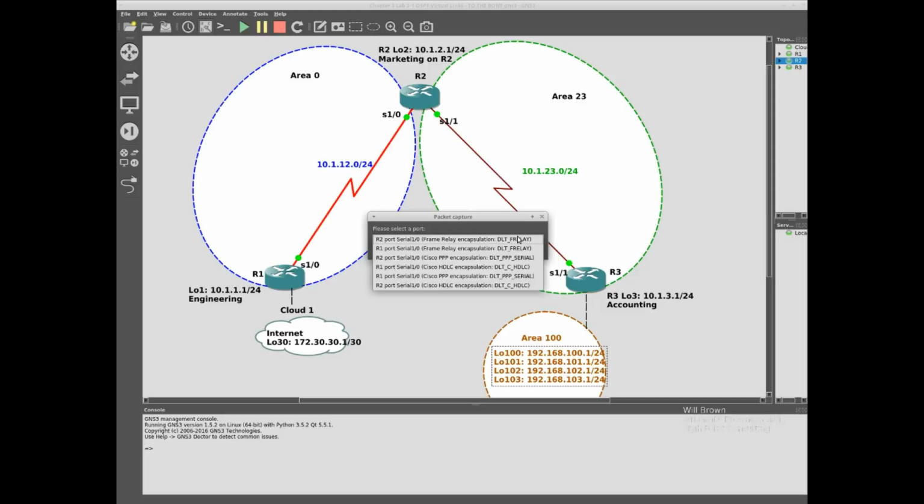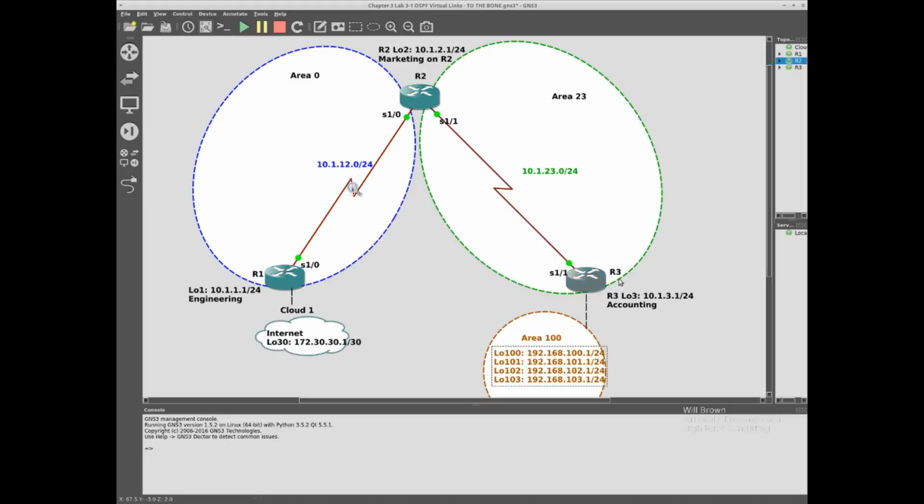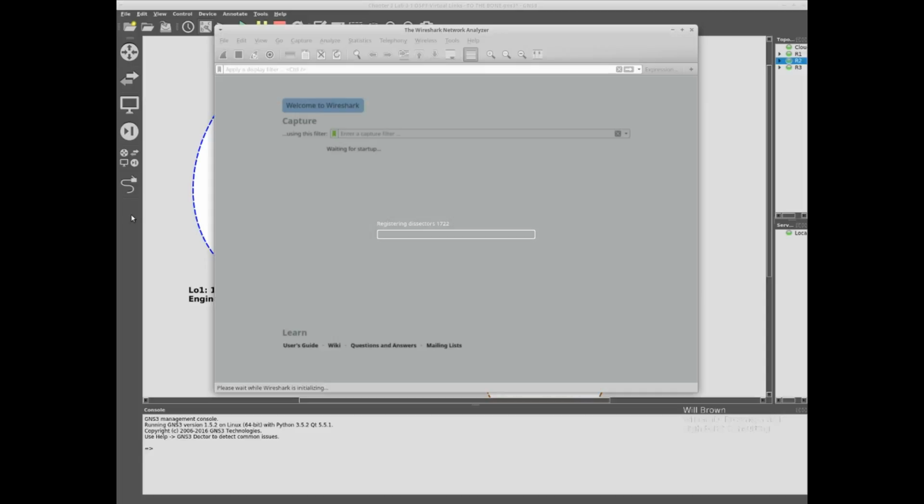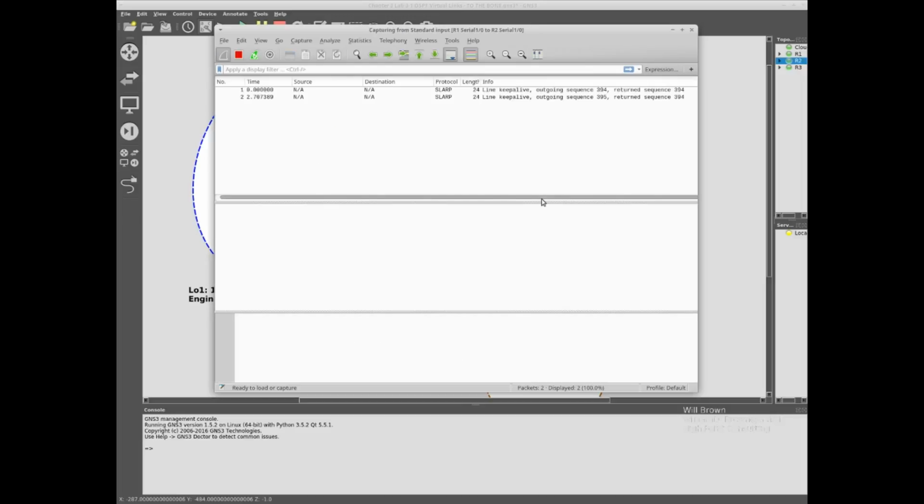So if we're going to capture those at the beginning, I'll do it between R1 and R2, with R1, and let that go ahead and come up and put that in the background. Once we have some capture time, I can actually stop this, because then there's a repeat of the material.